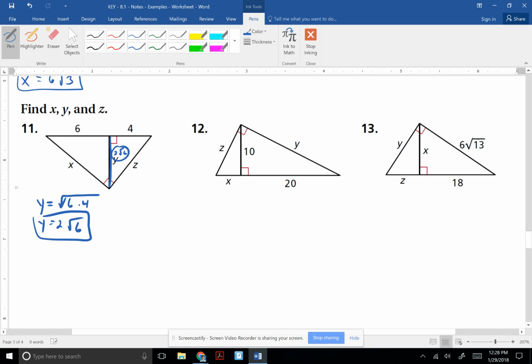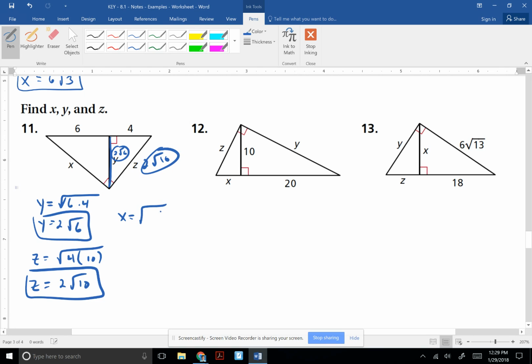Okay, and then I could find z actually by doing the geometric mean as well. So z is a leg, and it's going to be the geometric mean of the piece closest to it, 4, and the whole hypotenuse, which is going to be 10. All right, so that's going to be 2 radical 10 once we simplify that. And then finally, we could do x, which is going to be the same thing really as the leg here, because it's the other leg. So we're going to have x equals, so the geometric mean